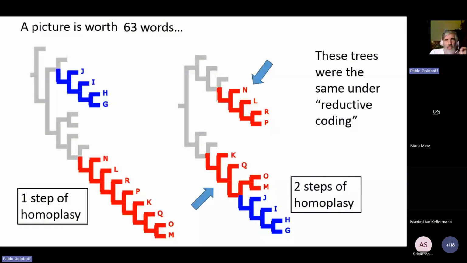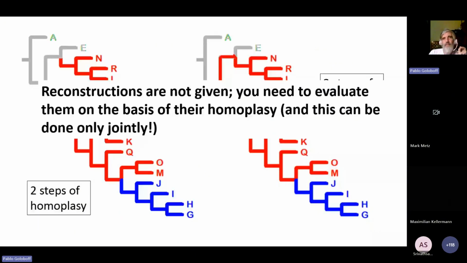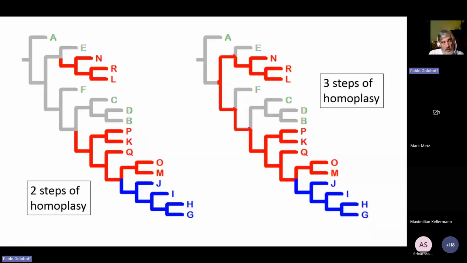Now, one important thing is that reconstructions are not given. You need to evaluate the reconstructions on the basis of their homoplasy. And the only way to do that is by considering all characters jointly. You cannot do that by considering the characters one at a time. If we take that same tree and count the homoplasy on this reconstruction, that requires two steps of homoplasy, because we have the tails,